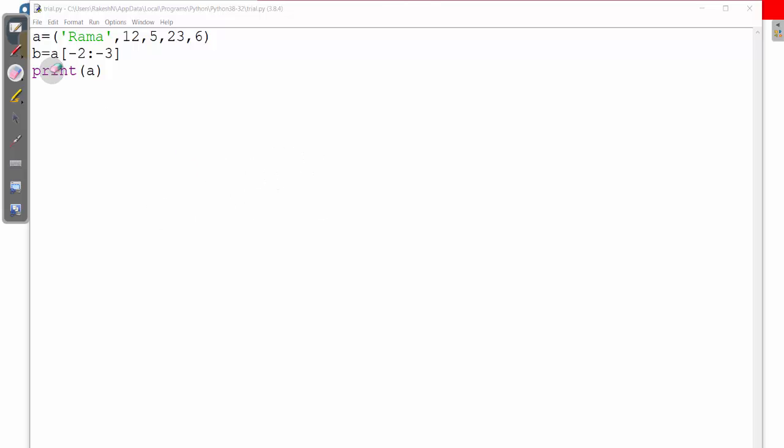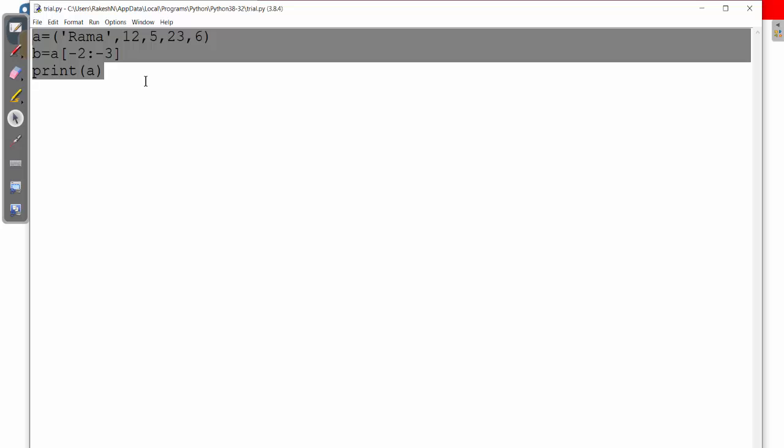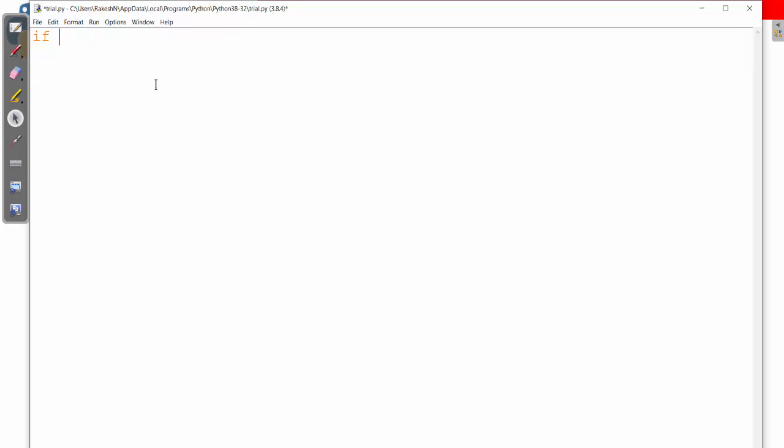Now let us say I am writing here if x, let us say 4 is greater than 6. You can give brackets if you want, otherwise there is no need of a bracket.